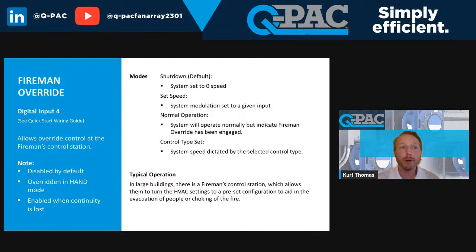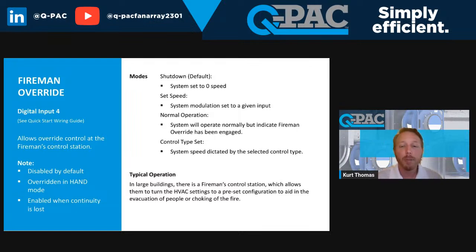And then the last control type, it actually changes the control mode. So let's say your building automation system is feeding our fan system a 0 to 10 volt signal. In the event of a Fireman Override, it can change our control type to constant static pressure.